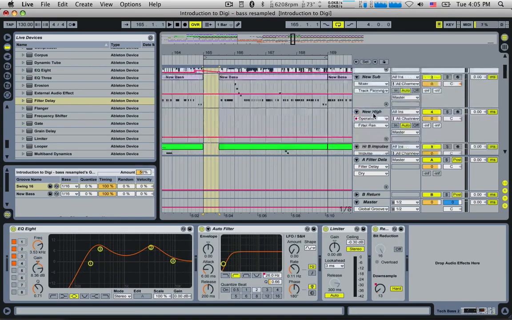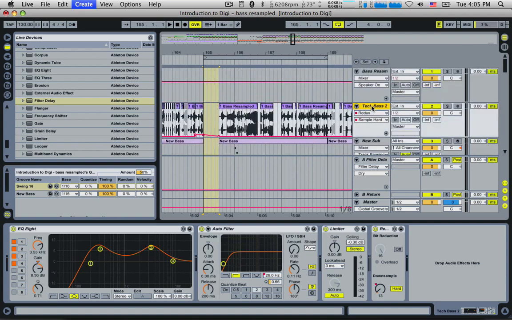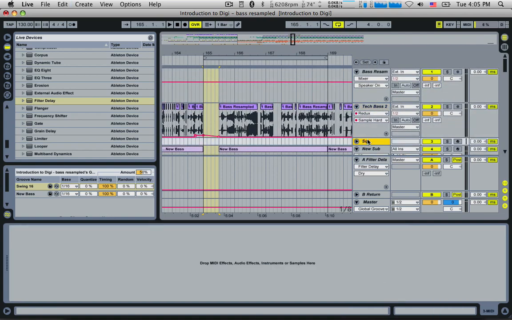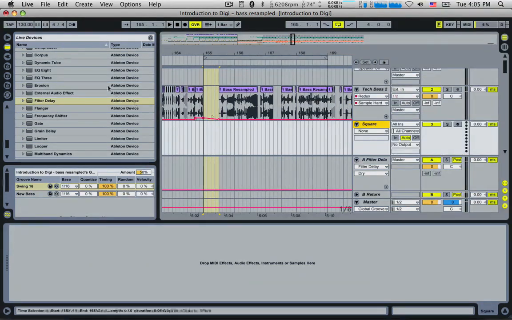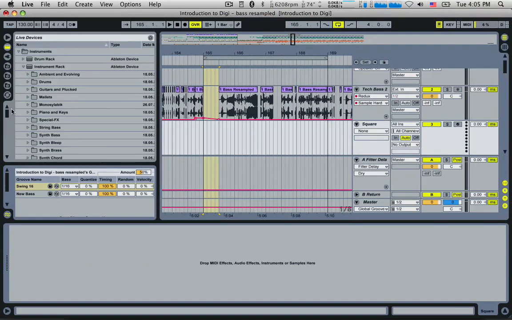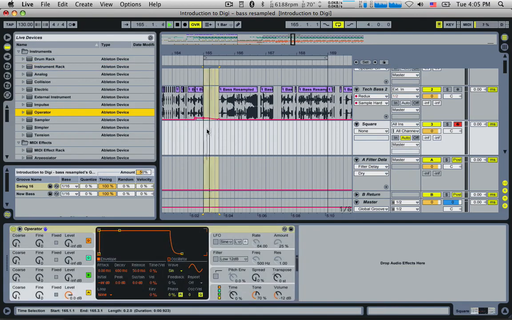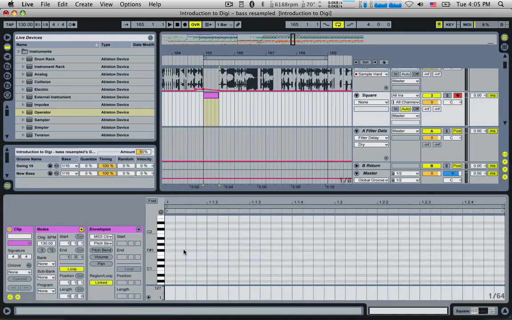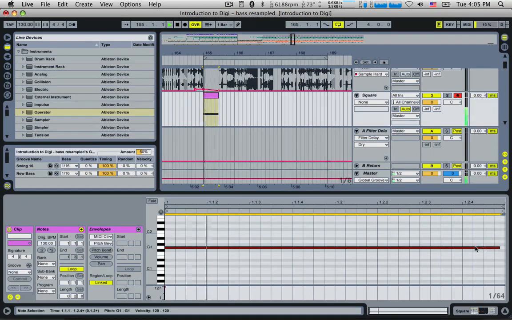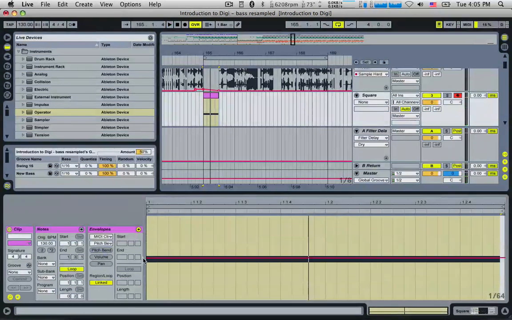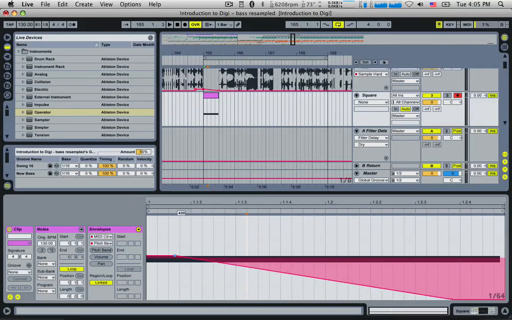I'm going to insert a new MIDI clip here. And I'm just going to call this square because I want to load up a square wave. Let's load up, right, we'll use Operator. I'm going to put in a note, and I want it to be a G, and I want it to pitch bend down, but I want the pitch bend to start here. So if I start it straight away, you actually miss the initial pitch of the sound. But if we leave it just for a bit,